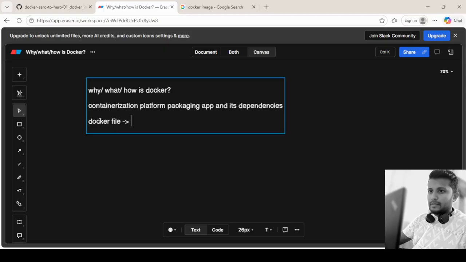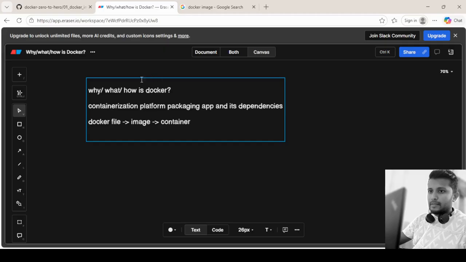We'll see more about how we can write the Dockerfile. We'll see some simple Dockerfiles and complex Dockerfiles in the upcoming lectures. For now, just understand that the Dockerfile is a list of instructions for an application to run. Out of this Dockerfile, we create an image, a Docker image. And out of the Docker image, we create Docker containers. A container is nothing but a small server for us.